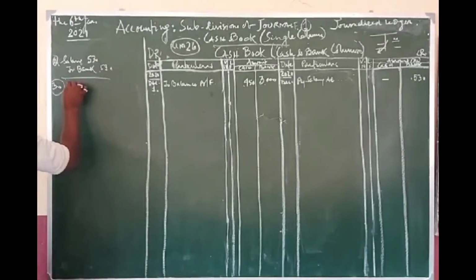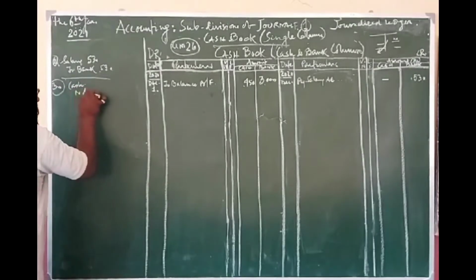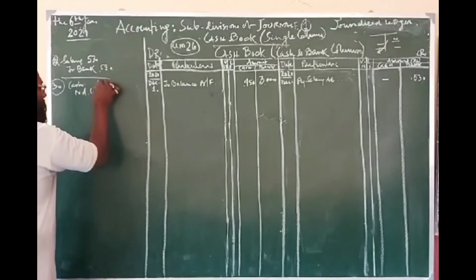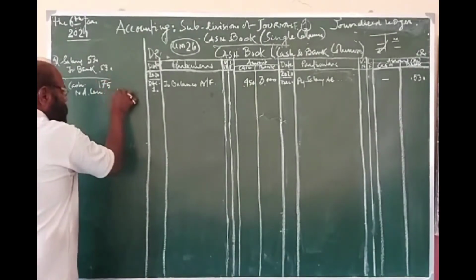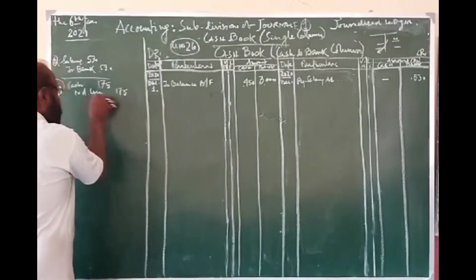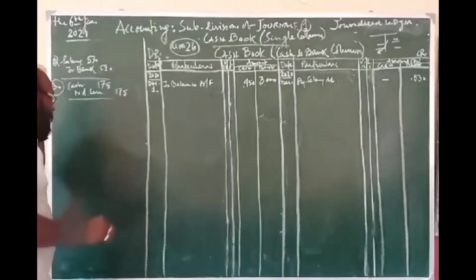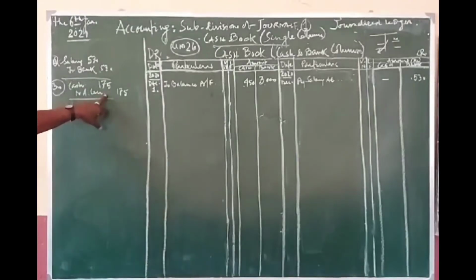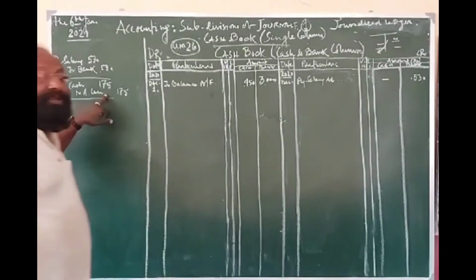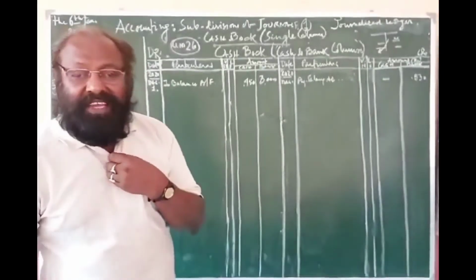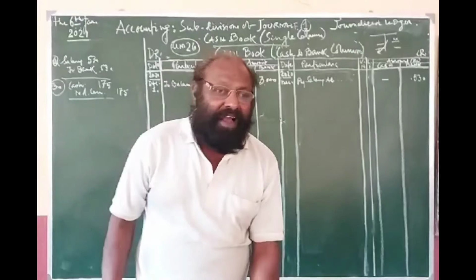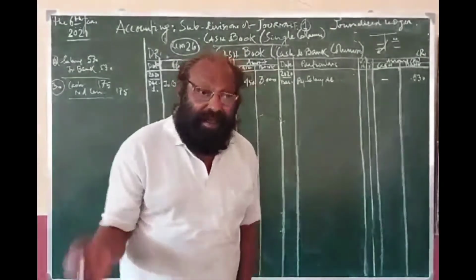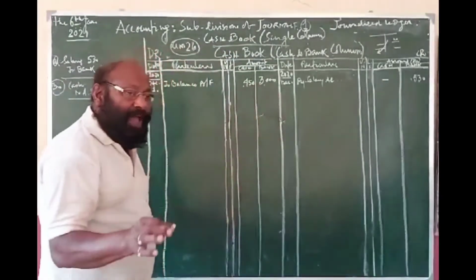The first journal on the third: you are getting the cash. So the journal entry is cash account debit to Mr. A. Shen. How much is it? 175. So friends, try to understand this one. You are receiving the cash from Mr. A. Shen. What comes in? Cash is coming in. Cash account debit, and give Mr. A. Shen credit. Clear?